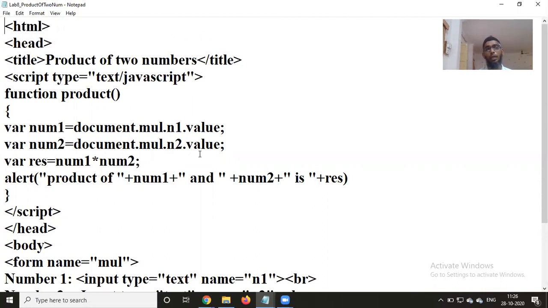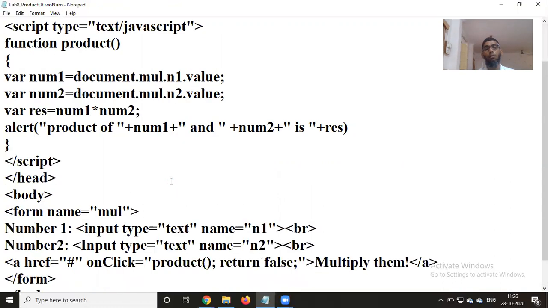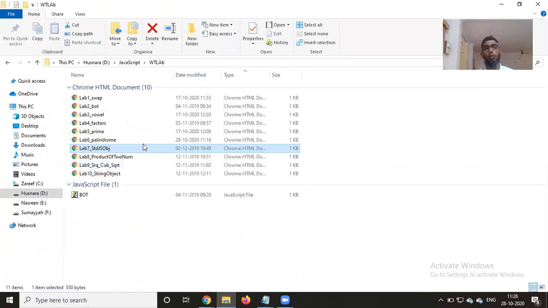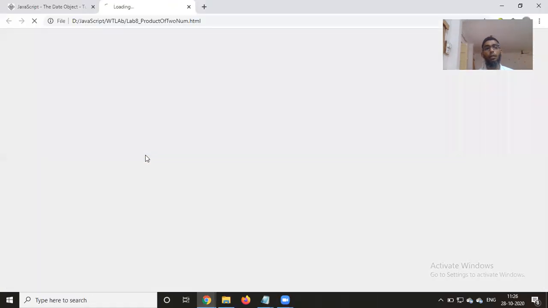So here mainly I'm demonstrating how to access the form elements which are being placed here. Let me just execute the program and then I will show you what actually we have done.